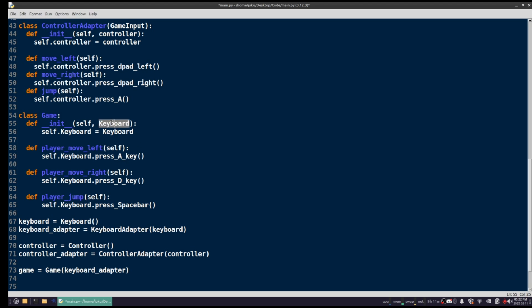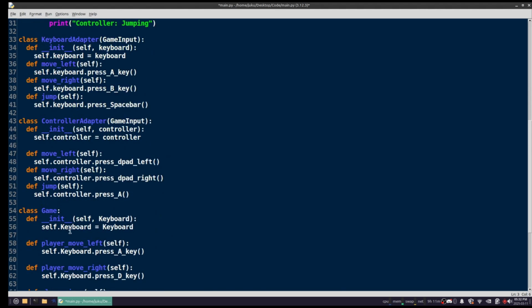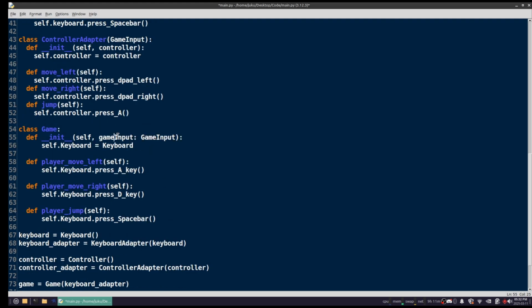But instead of passing in the keyboard itself here as well, because it's an adapter, which the parent class is game input, we can just do game input. Make this lowercase. This is the variable name. This isn't needed, but it's just saying that this is the type, the class type that you're expecting. So now that we're expecting a game input object,